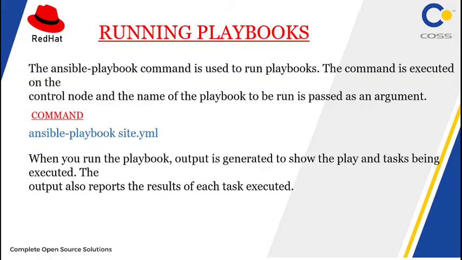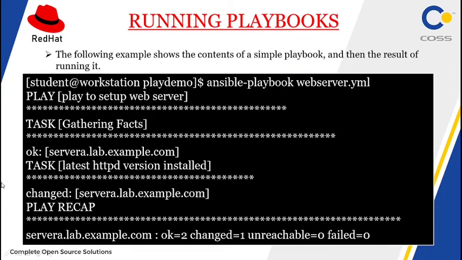But before running the playbook, when you run the playbook, output is generated to show whether the playbook and the tasks were executed or not. So if I run the playbook this way from the command, it will show you the process of execution like this: task 1, task 2, task 3. After that it shows how many tasks there are, two tasks, meaning okay is two. If there are some failures, it will show you the failed ones and unreachable ones. How many changes happened, everything it will show you on your screen.